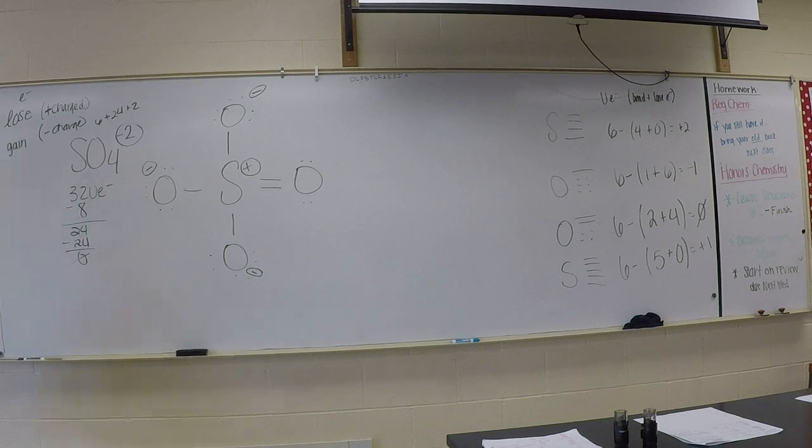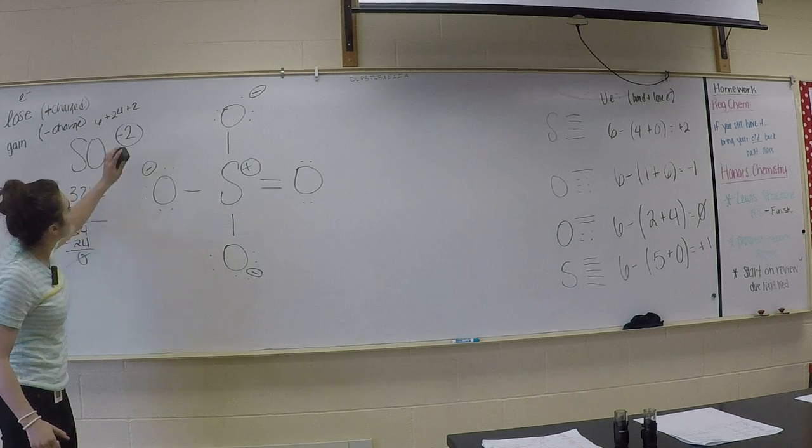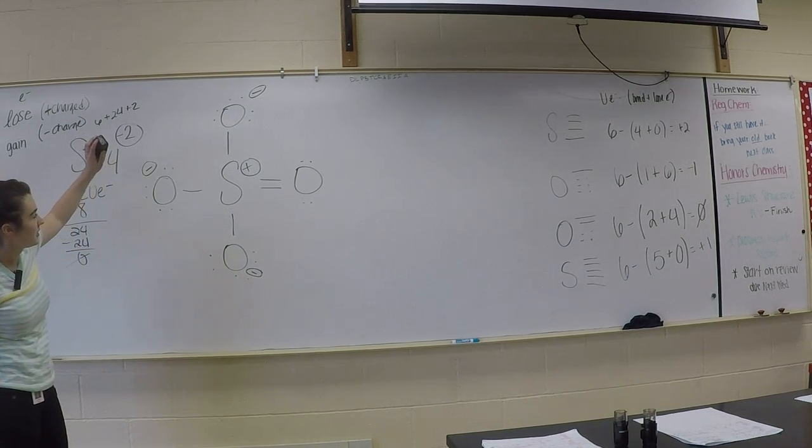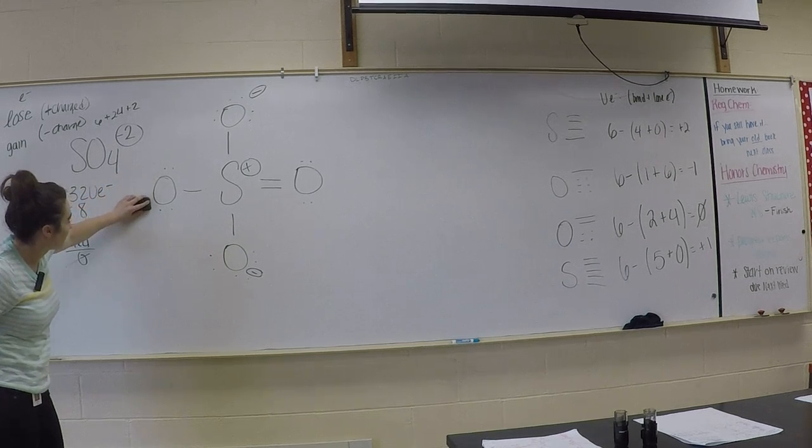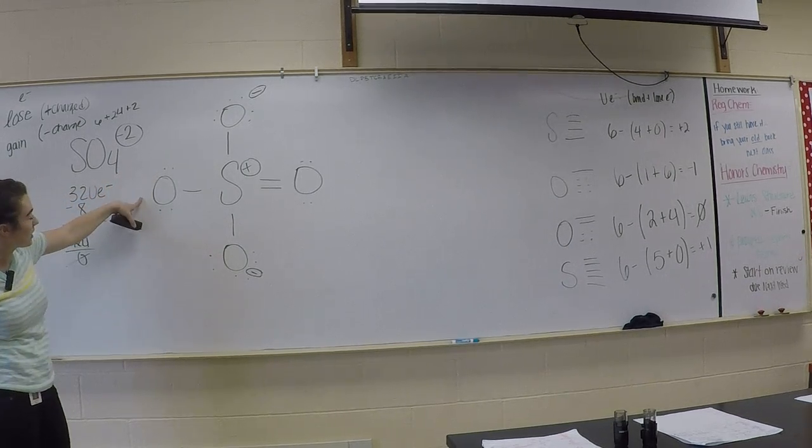So what might we do to one more oxygen? Take what? The negative and do what? Take away the positive and then make it a double bond. Take away the lone pair and then make it